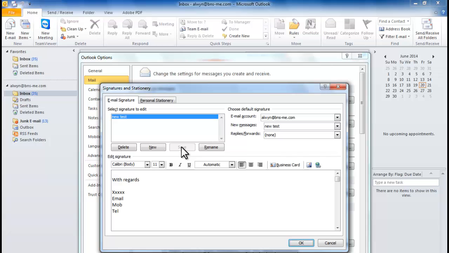Then you choose whether the signature is to be implemented for each email account. If you have multiple email accounts, they will be shown here in this column. You have to choose an email account, then choose for new messages the signature to be implemented. Yes. For reply or forwarding messages, do you want to implement the signature? Yes. In case you want to make one more signature